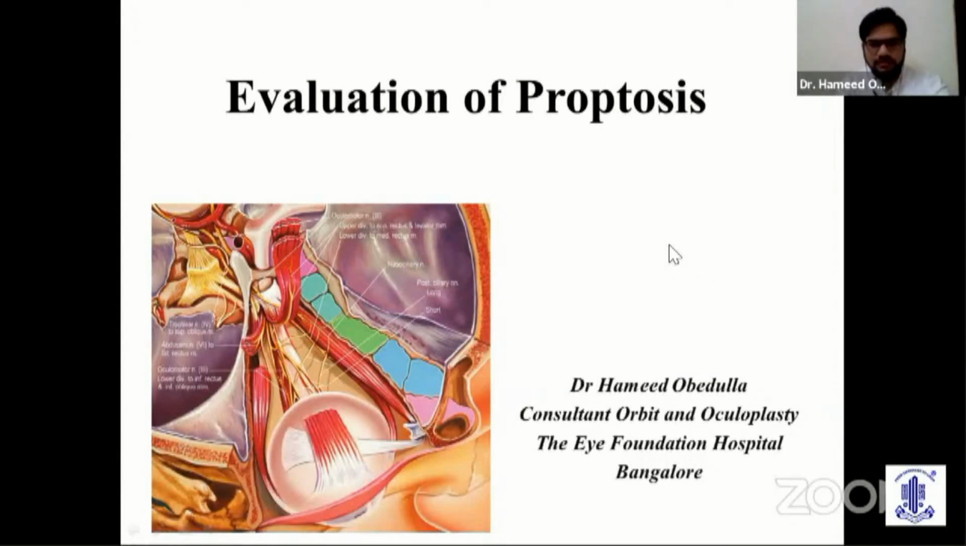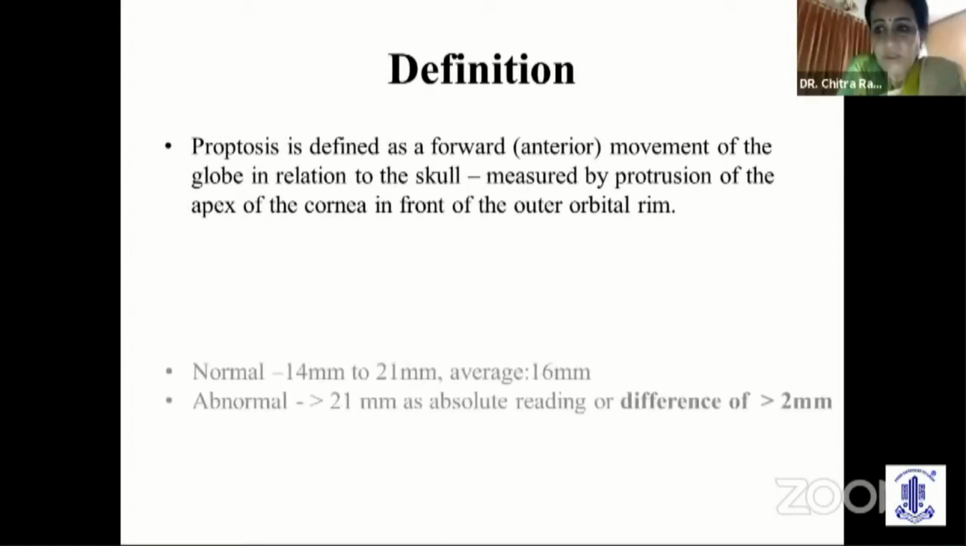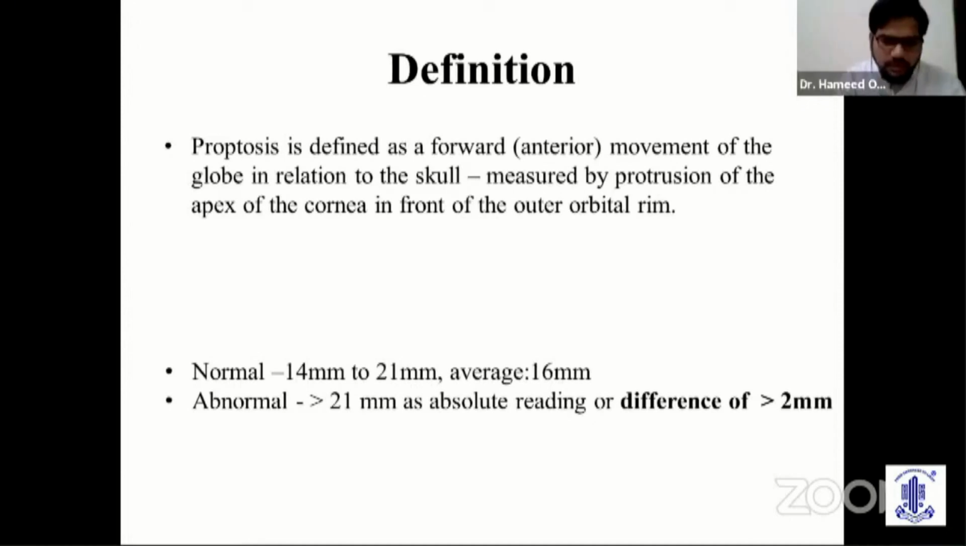So I'll be talking about the evaluation of proptosis in brief. Proptosis is defined as a forward movement of the globe in relation to the skull, measured by protrusion of the apex of the cornea in front of the outer orbital rim. The normal values include 14 to 21 millimeter with an average of 16 millimeter. A value of more than 21 millimeter as an absolute reading, or a difference of more than 2 millimeter, is